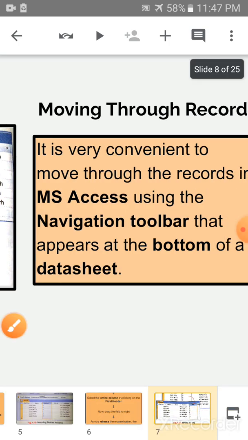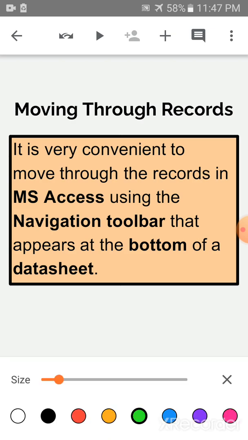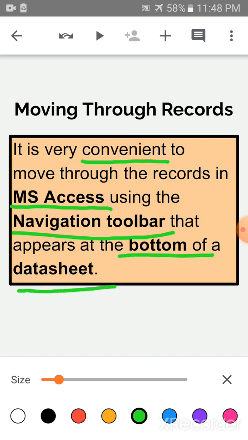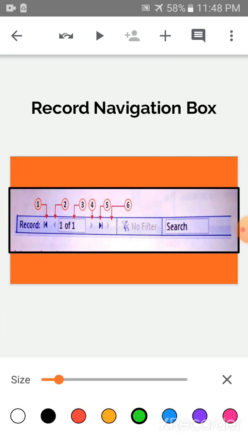Now, children, come to moving through records. Children, it is very convenient to move through the records in MS Access using the navigation toolbar that appears at the bottom of the database. Okay. Now, children, look at the screen. You can see the record navigation box.